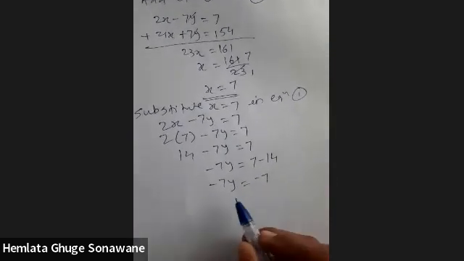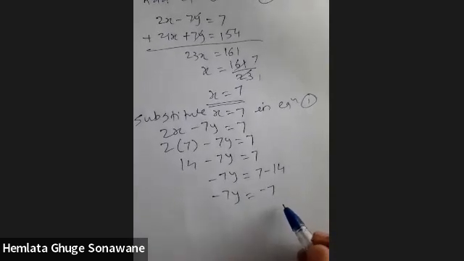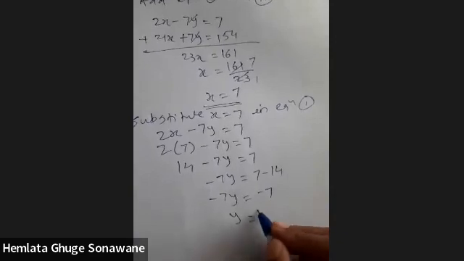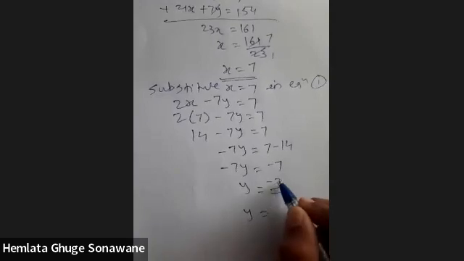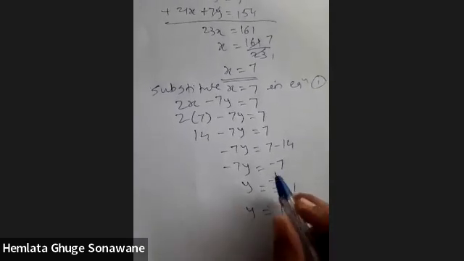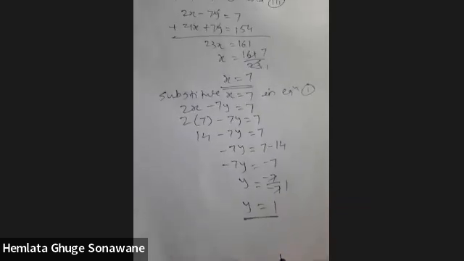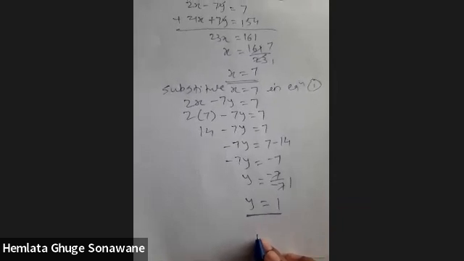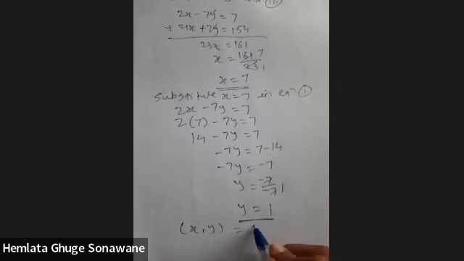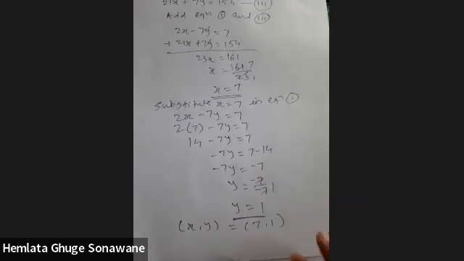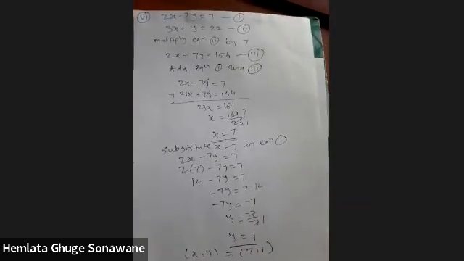Here we are having minus 7y. This minus 7 divides towards the right hand side. So y is equal to minus 7 upon minus 7. So y is equal to, we can simplify this, 7 ones are 7. This minus minus becomes plus. We'll get the value of y as 1. Okay, this is the solution of the given equation. That is the value of x and y as 7 and 1. Just go through the solution.